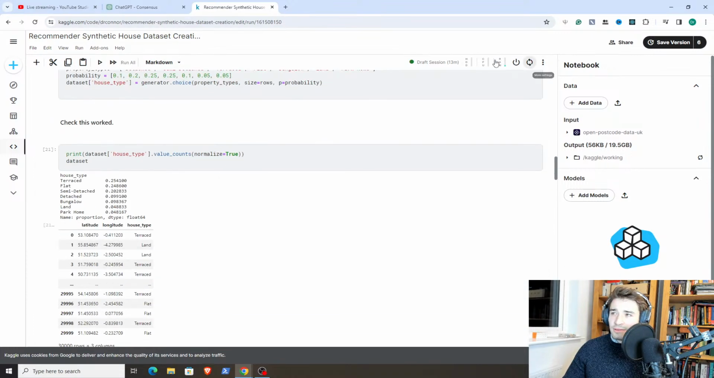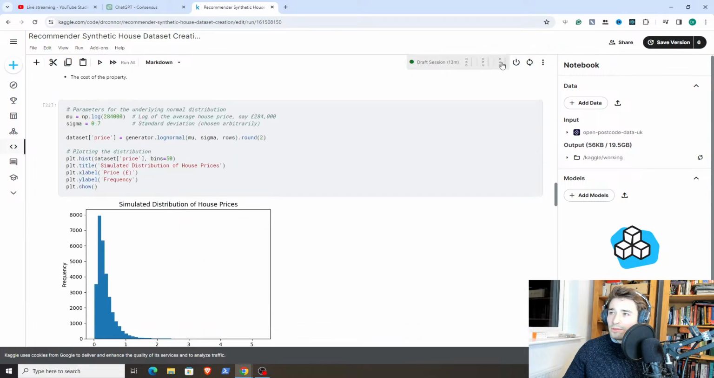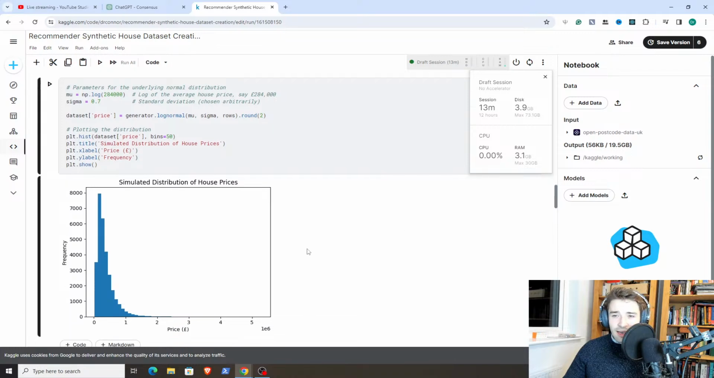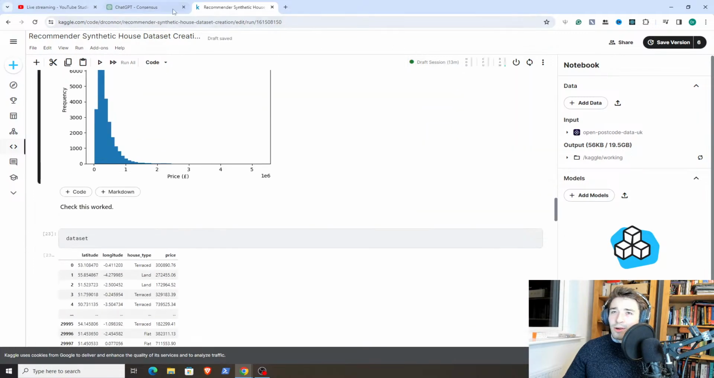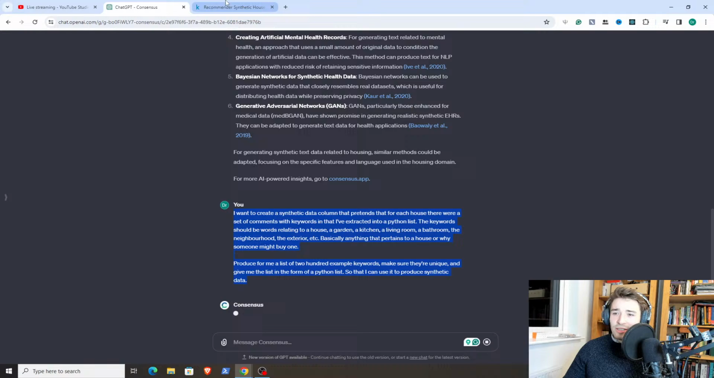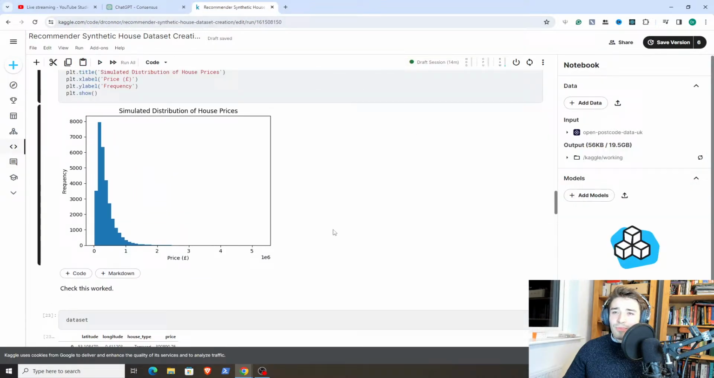That's better. CPU maxing out. Disk 3.9, RAM 3.1 gigs out of a max of 30. It's amazing how much RAM you get on this. So yeah, while this is creating, if it even does create, I may as well